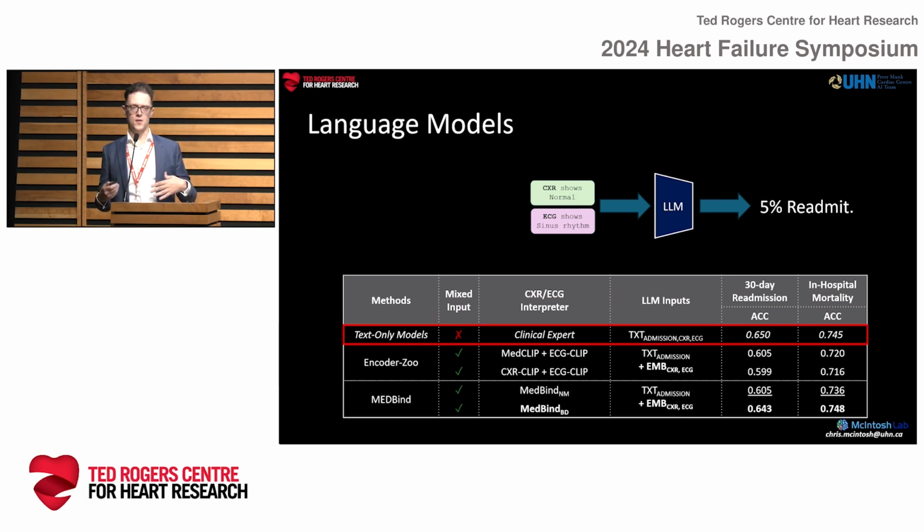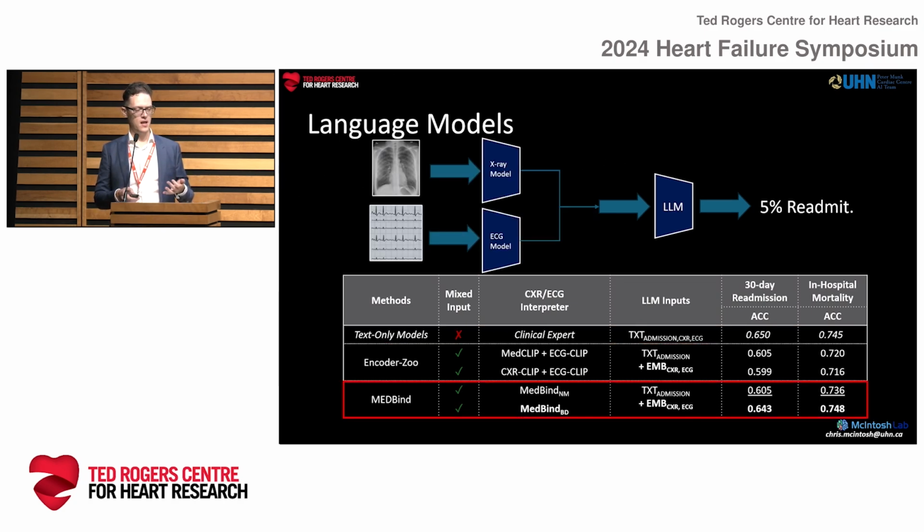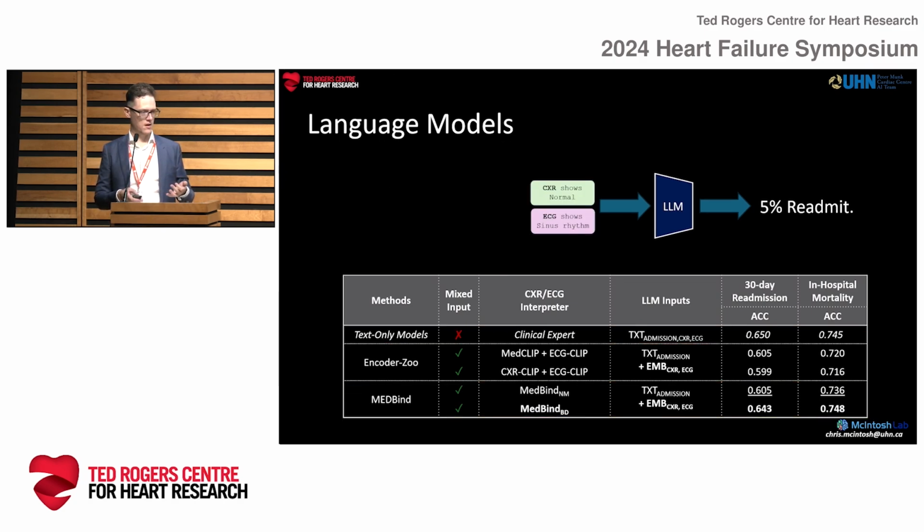So you may have heard of models like BioBERT or ChatGPT, of course. As input, they take the reports from the x-rays, which we wrote so they're very simple, but actual medical reports, of course, are not simple sentences, and reports from the ECGs. Then they try to summarize the probability of a patient having either a 30-day readmit or an in-hospital mortality. And the accuracy for those is reasonable, about 75% for in-hospital